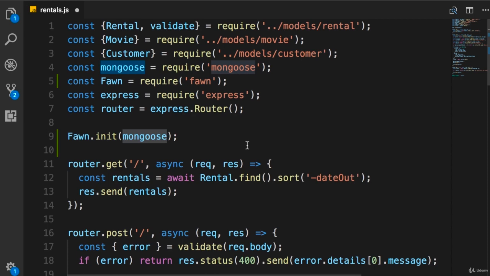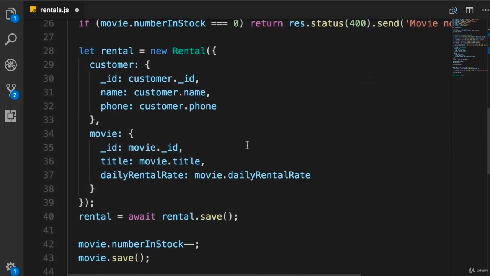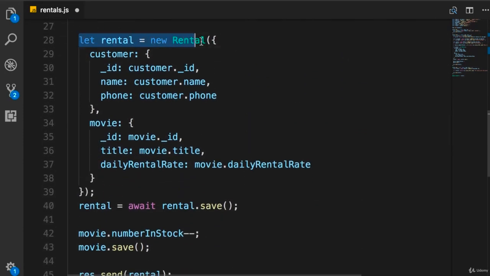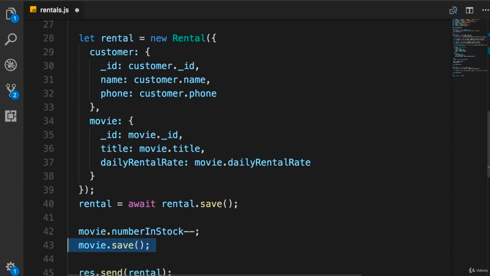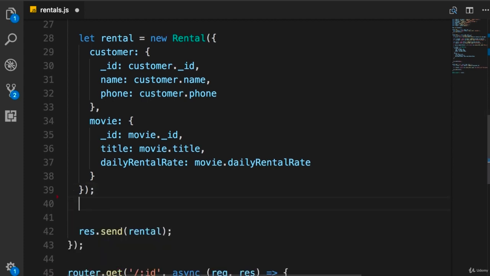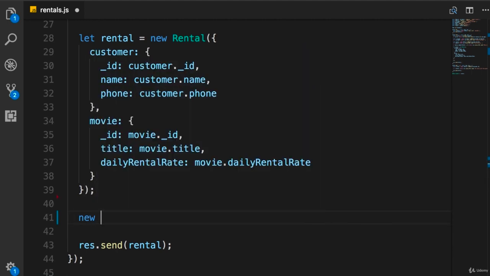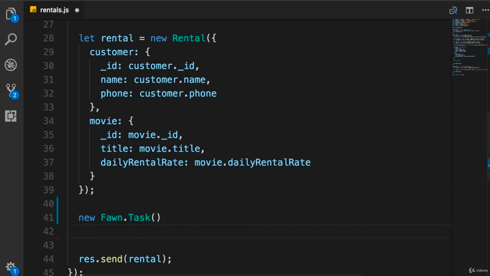Now, back in our post method. So this is where we create a rental object. Now, we are no longer going to create this rental and update the movie explicitly. Instead, we're going to create a task object, which is like a transaction. So let me delete these 3 lines. Here we new up Fawn.Task. Now here we can add one or more operations, and all these operations together will be treated as a